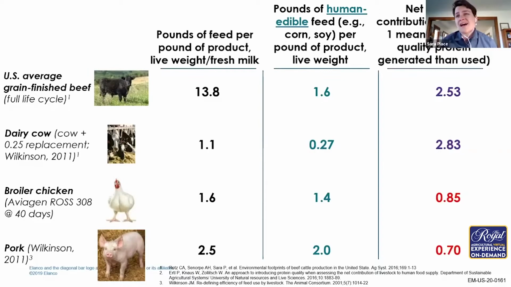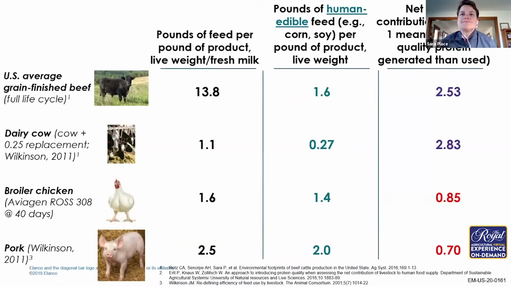However, that doesn't take into account what I just was talking about on the prior slide, right? That when we look at cattle, they're just not eating as much human edible feed, right? So there's not as much direct resource competition there, which is really what we care about, right? Or I would argue that's what we care about. So that's what that middle column is. What are the pounds of human edible feed per pound of live weight gain or per pound of fresh milk, right? So when we look at it that way, especially when we look at the meat producing animals, a lot of those differences kind of go away, which is interesting, right? Essentially the same amount of potentially human edible inputs are going into these animals